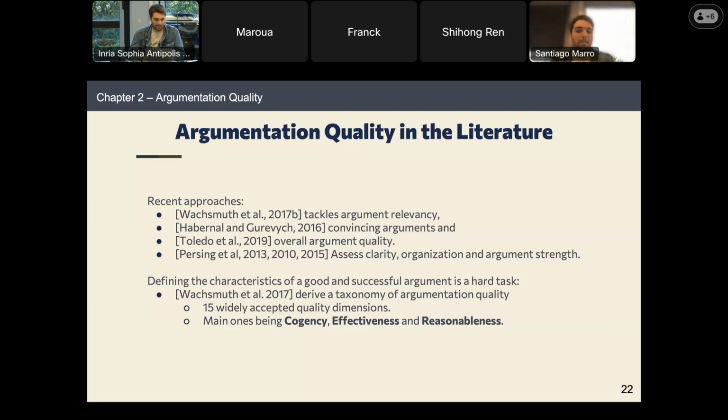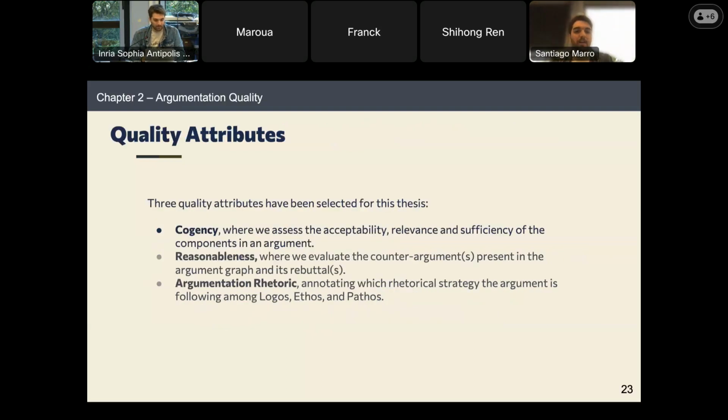And the main quality dimensions that they define are cogency, effectiveness, and reasonableness. This takes me to the quality attributes that we decided on. So we go along this taxonomy, and we decide in this thesis to address a computational model for cogency, reasonableness, and what we call argumentation rhetoric.